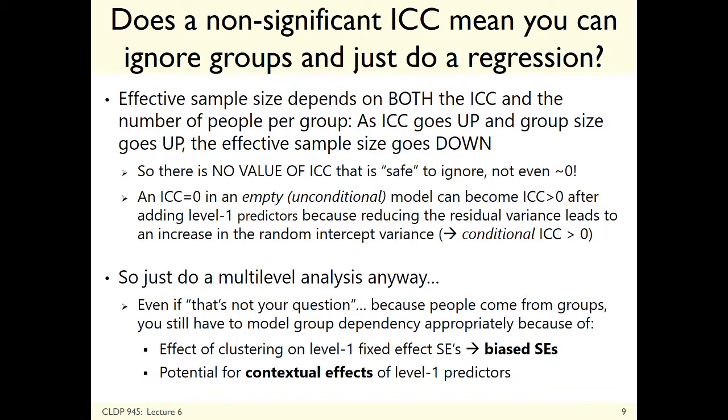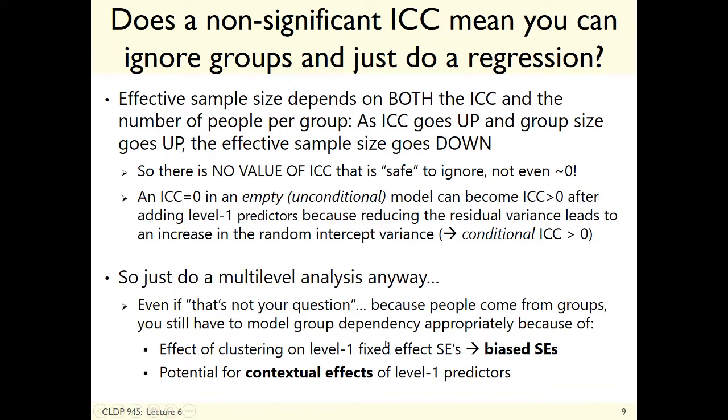So then you may have a non-ignorable group dependency in your intercept, and you may also have group dependency in your slopes. So yes, in practice, even if you have a very small or even 0 intraclass correlation to start with, leave it in. Leave it in until you are all the way done modeling everything and see if it ever comes back and changes your inference. If it doesn't, that would be a good argument for maybe just running the single level model. But to cover your bases, don't start with that conclusion because your answers may change.